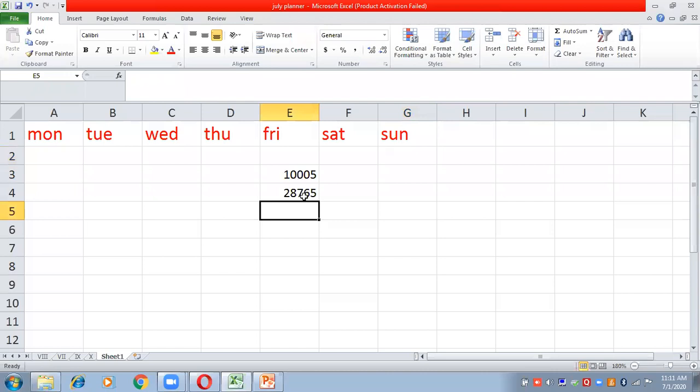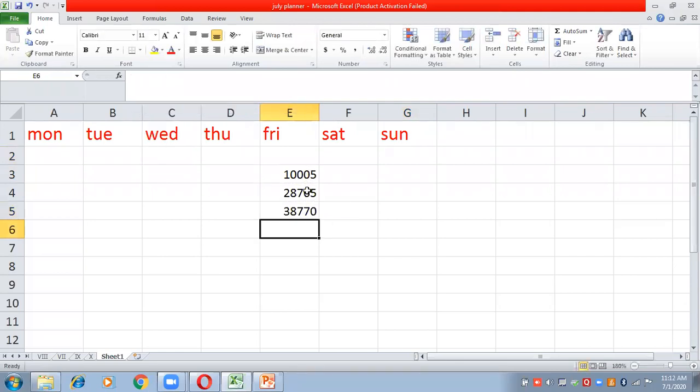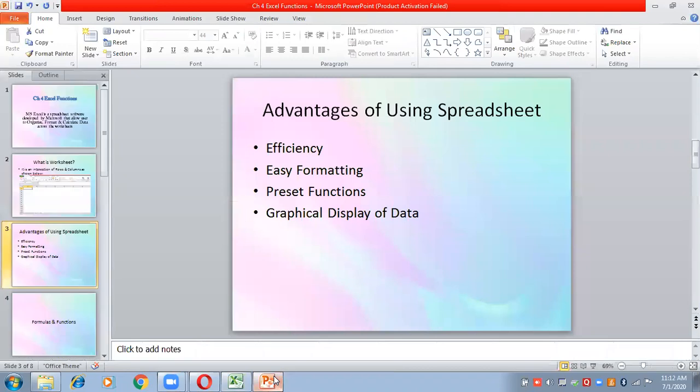If I do it manually, it will take at least 1 or 2, 3 minutes. But here I can write a formula and automatically it will calculate the sum of these two numbers. So we have predefined functions in Excel which we can use effectively.